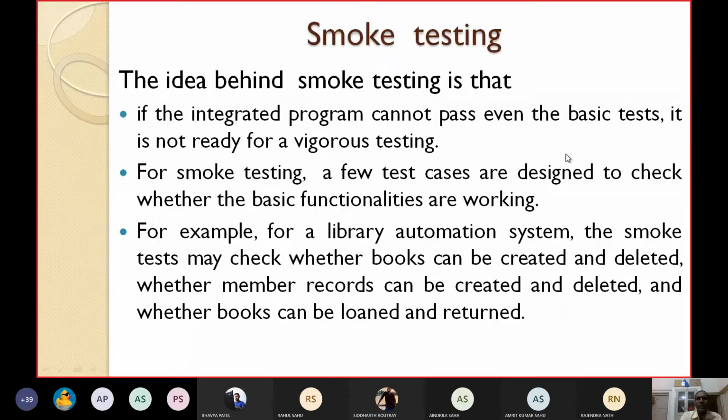Okay. So, as I have already told you, in system testing we'll see two types of test cases: functionality test cases and performance test cases. Functionality test cases we have seen earlier, using the unit test cases, that means the black box and white box test cases. Next is performance testing. Let's see what the different types of performance testing techniques are.